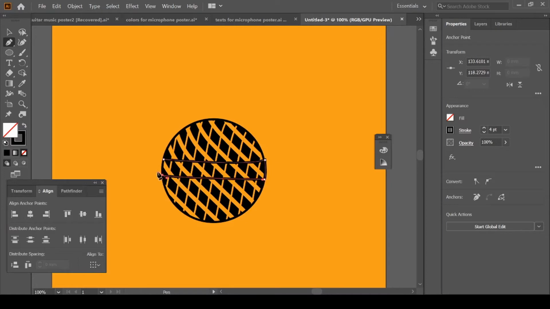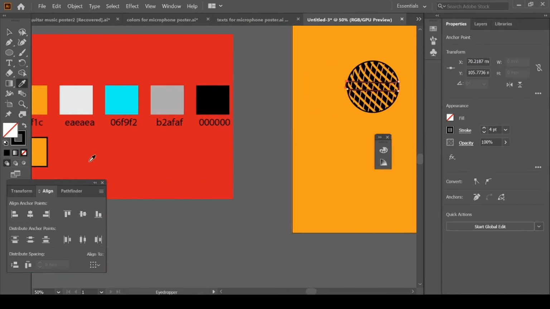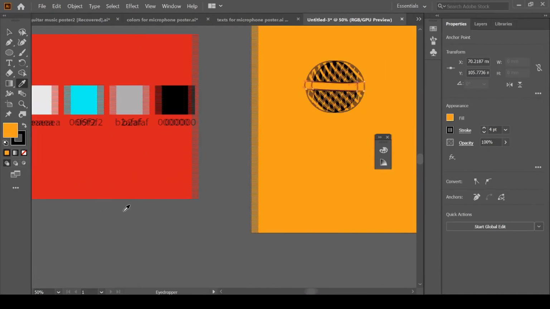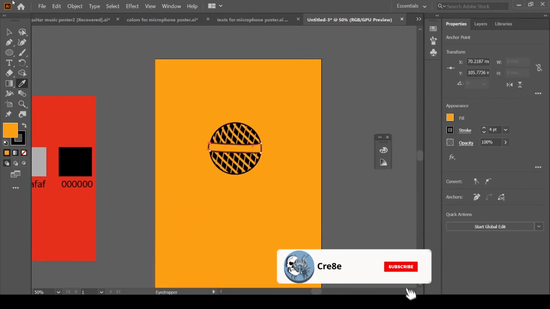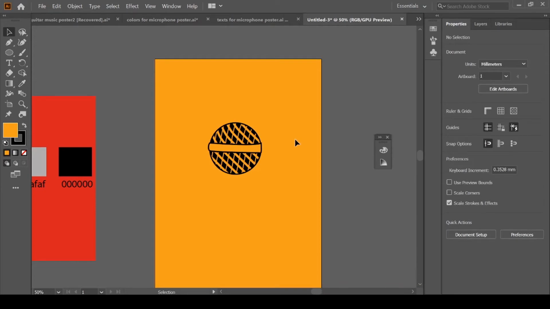Click and drag and close the path. Click and drag. Now we will pick this color with the stroke. Okay.